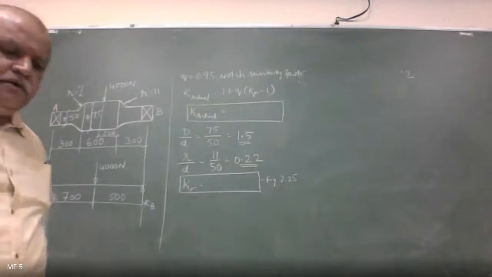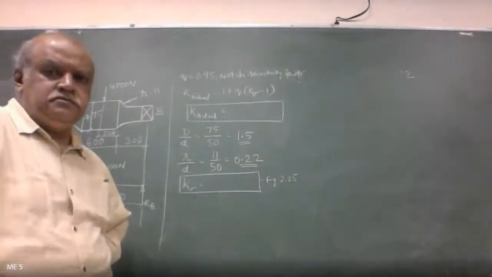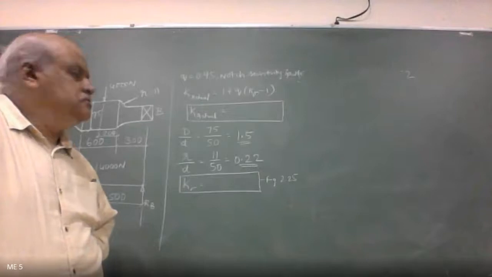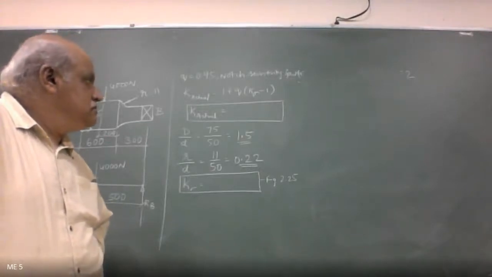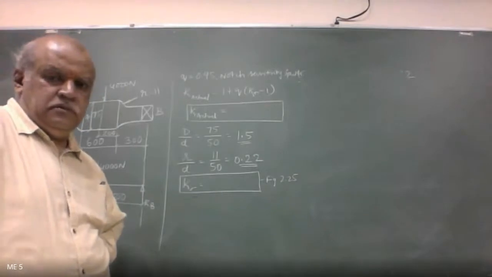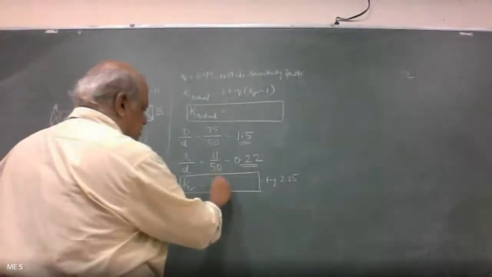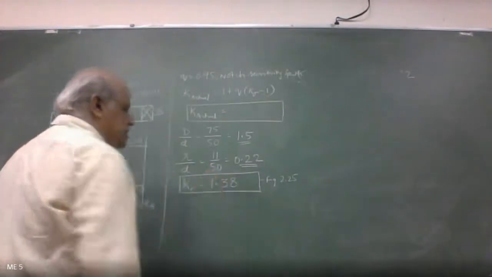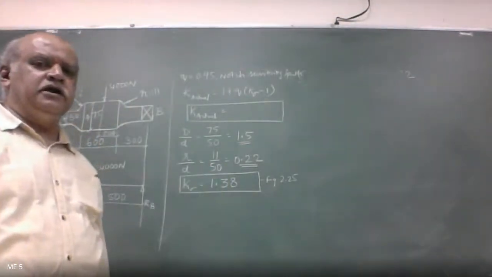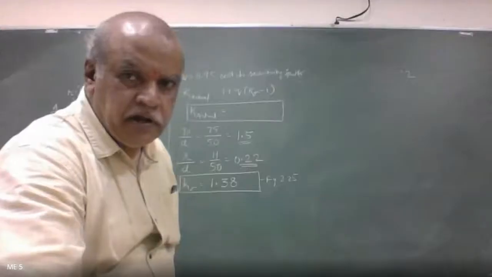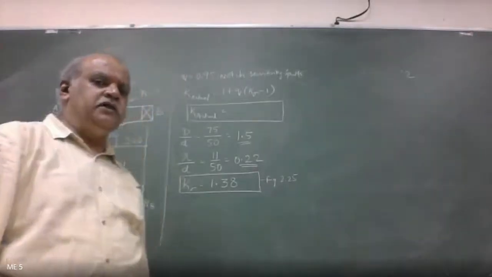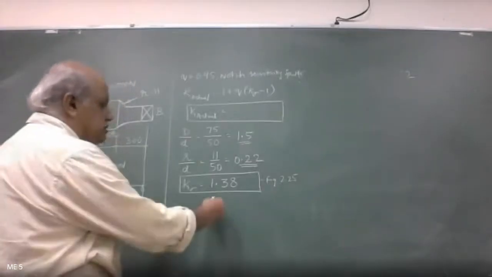Yeah, what's the value of K sigma? Make it fast. 1.36 or 1.37, sir. 1.37. Yeah, I have taken 1.38. Okay, so 1.38 I take. Others, any doubt in taking that value? No, sir. No problem. Are you getting the same value there? 1.37 or 1.38? 1.37, yes, sir. Okay, so 1.37 or 1.38.